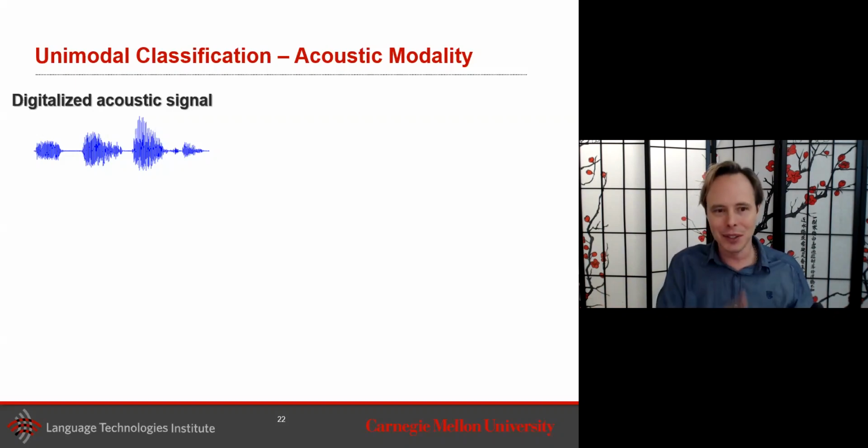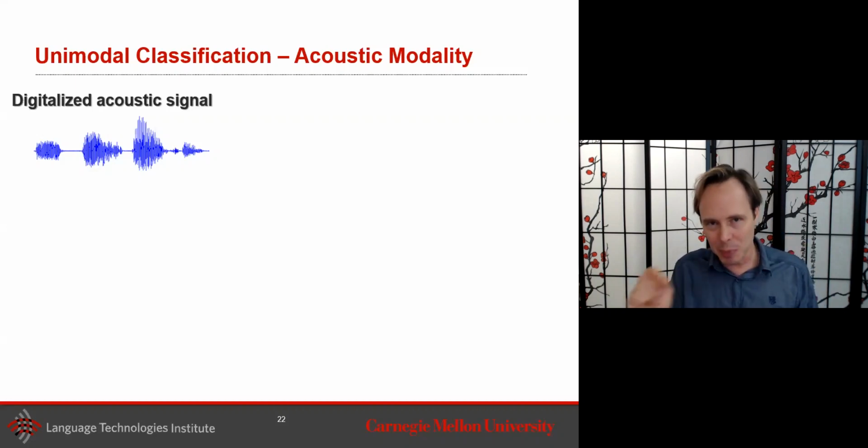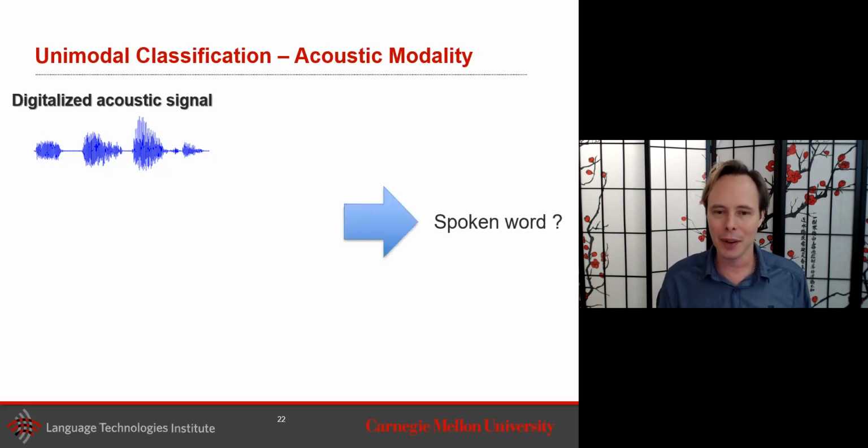It looks like it's 2D, but really audio at its basic is 1D. It's a very long vector. Here it's showing the amplitude of it, but the idea is that audio at its basic is a very long vector. So in a sense, you could use that long vector and directly try to predict, for example, what is the